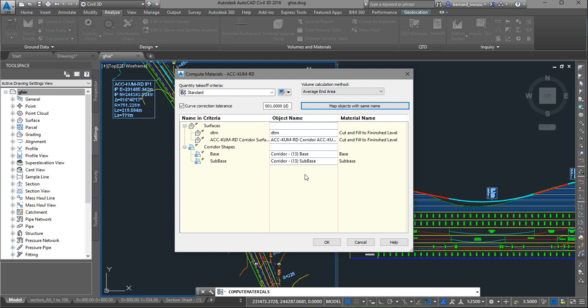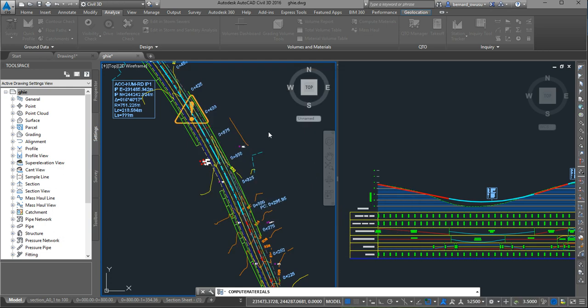Don't worry, you've done one. You understand? Come here and click map object with the same name. Has it changed? So that's what I want. If it has changed, please press OK. Then it has computed the volume for us. Press OK and it will